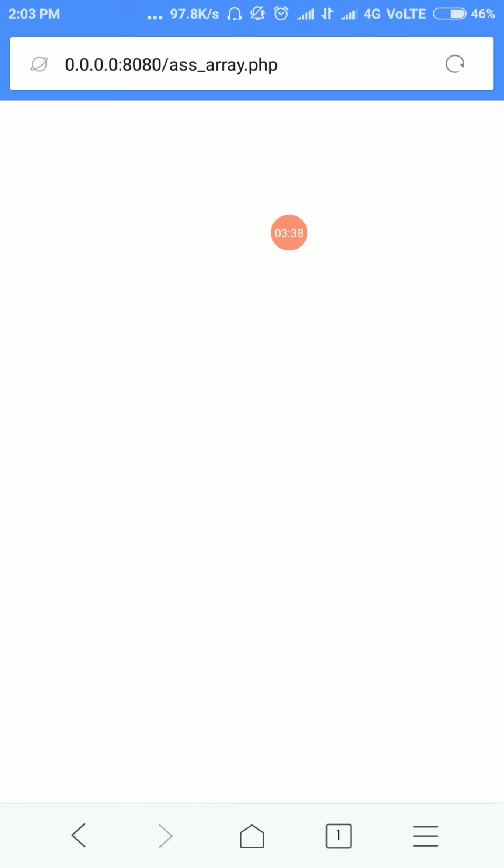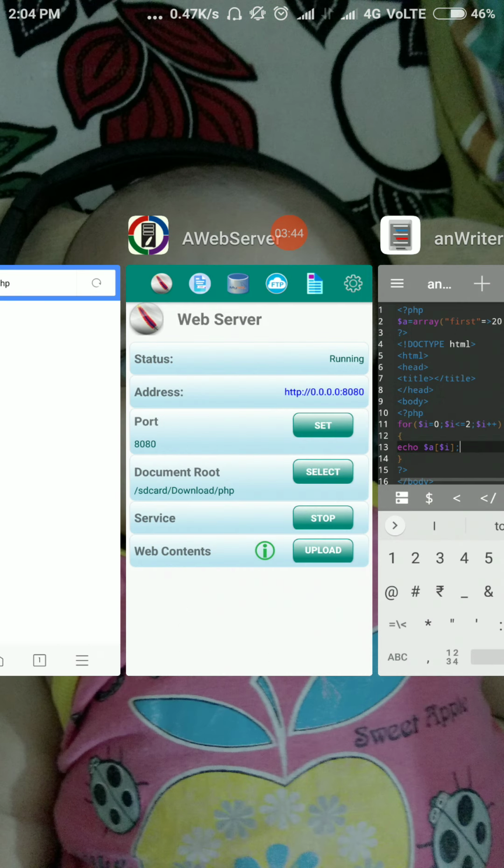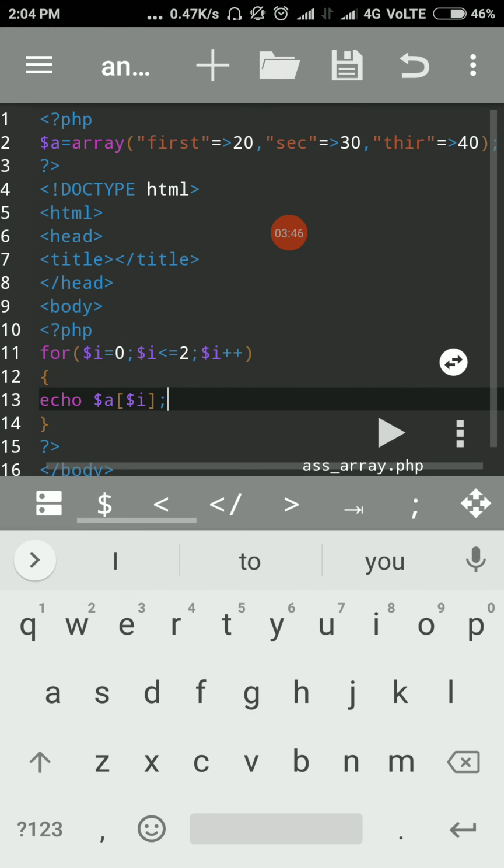Once you click there, we check: any output? No output is displayed. Why? Because in the associative array we take key and value combinations, but whenever you use the numeric array, it is possible to display all the array values or indexing values this way.